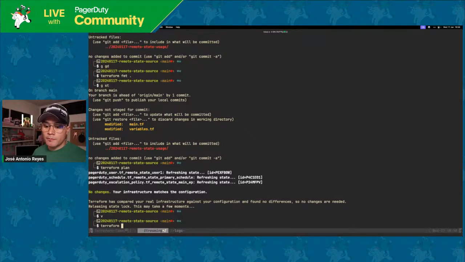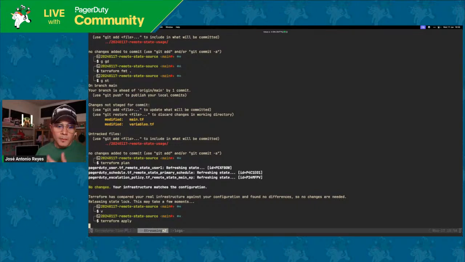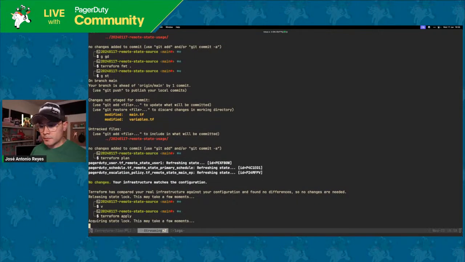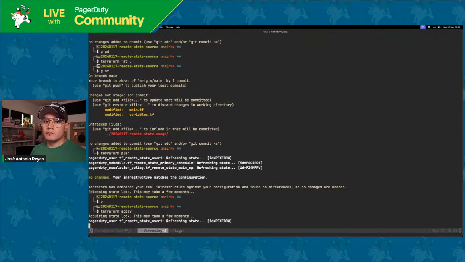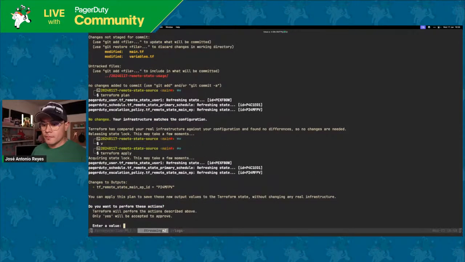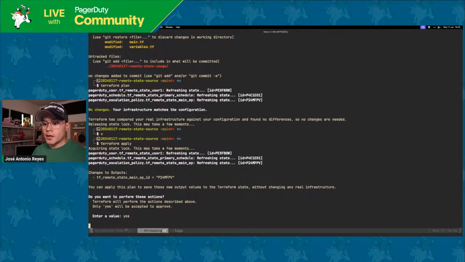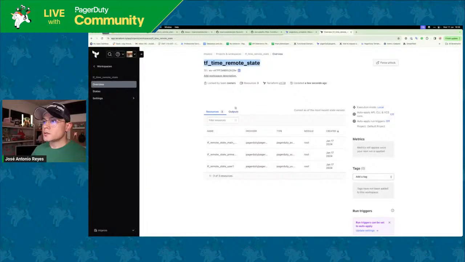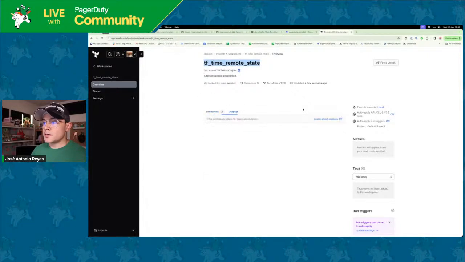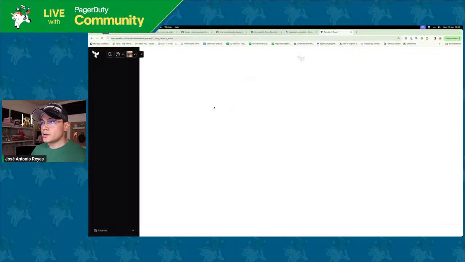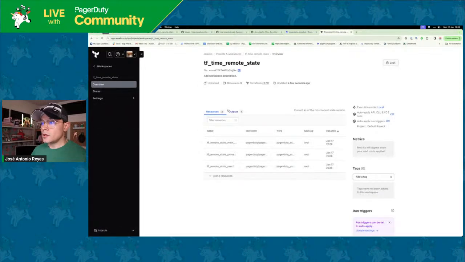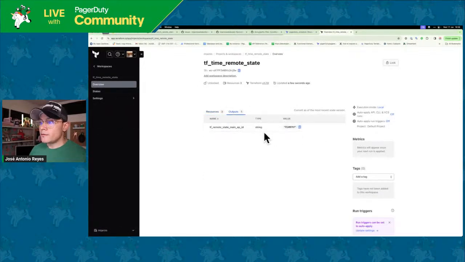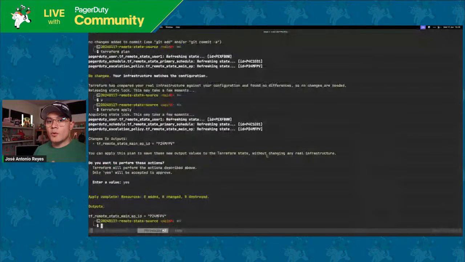So Terraform apply. Yes, I actually want to expose that output. Now, if I check the outputs here, let's refresh. Outputs. There we go. We have a new output here. Now we are ready to use this state